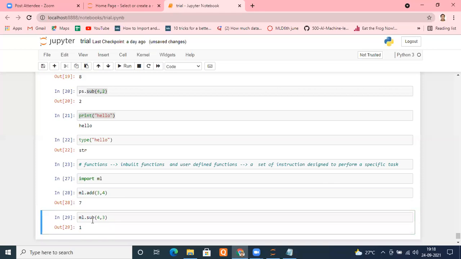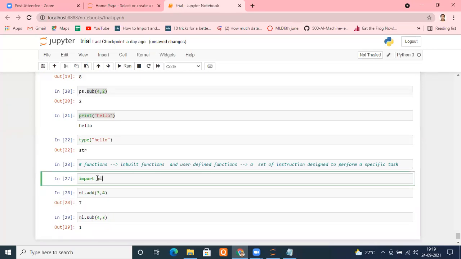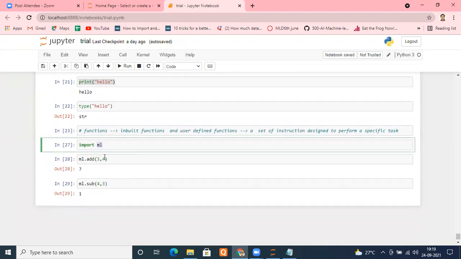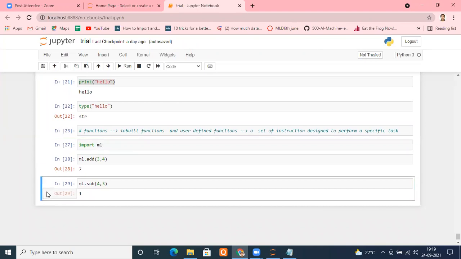Is it fine, beta? How was it? Just import them. Okay, sir. Thank you, sir. It's up to you whether you want to create the alias. It was small, so I didn't create the alias. The name was smaller here, right? So intentionally, I didn't create an alias here. It's up to you.